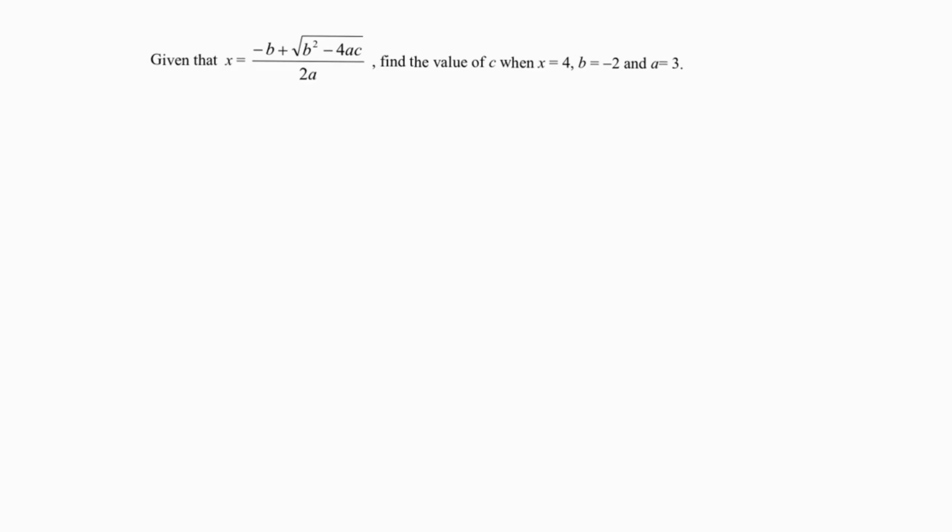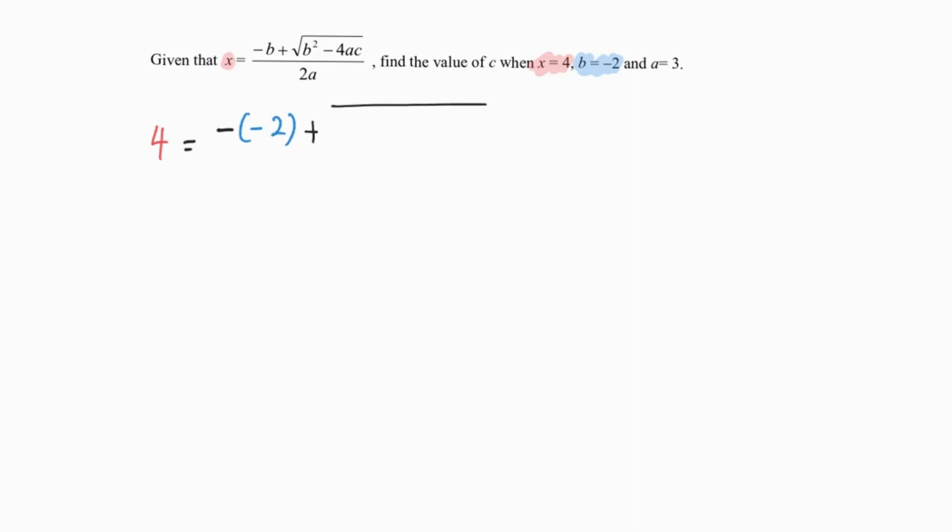Hello everyone, welcome to this video where we are given a formula and we are required to find the value of C when x equals to 4, b equals to negative 2 and a equals to 3. So we would just then need to substitute carefully. So x equals to 4 is equal to negative b. b is negative 2. So since there is already a negative, bracket negative 2